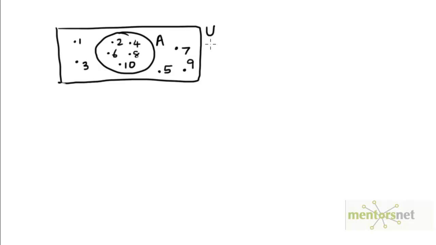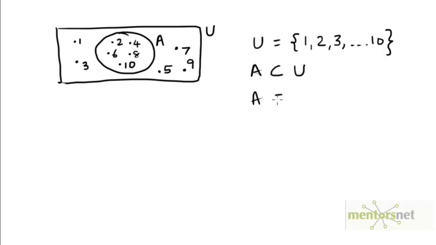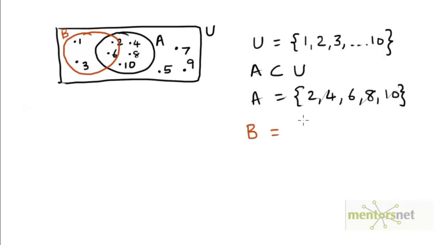Here's another example of a Venn diagram where the rectangle represents the universal set, which is denoted as U over here, and in this example the set U is the set of natural numbers from 1 to 10. The set A is a subset of the universal set consisting only of the even numbers from within U. So the set A consists of the even numbers 2, 4, 6, 8 and 10, and we could define another set which would overlap with the set A but which would also have distinct elements of its own. Let's call this set B. So the set B here would have the elements 1, 3, 2 and 6.